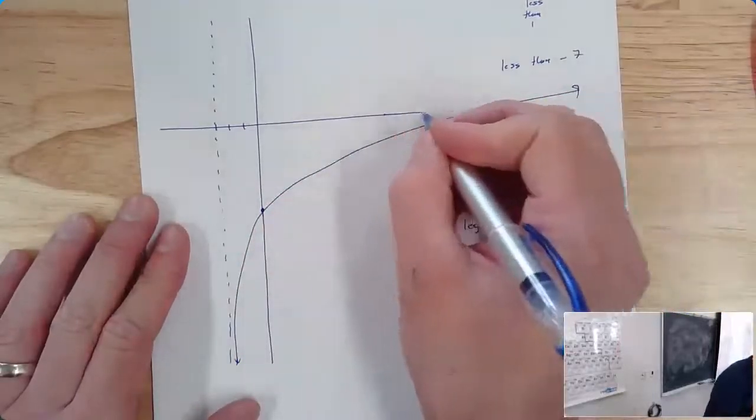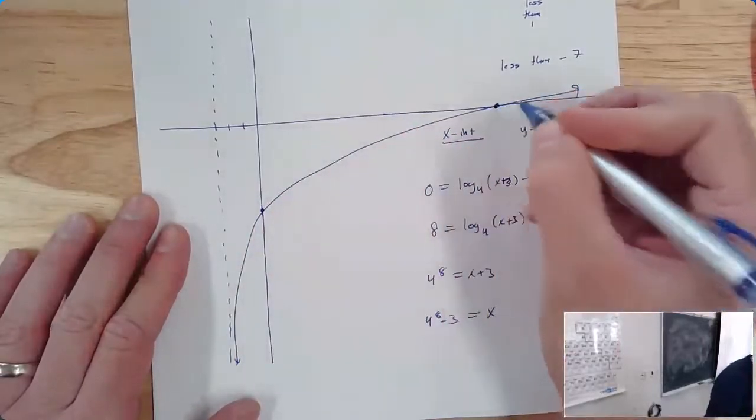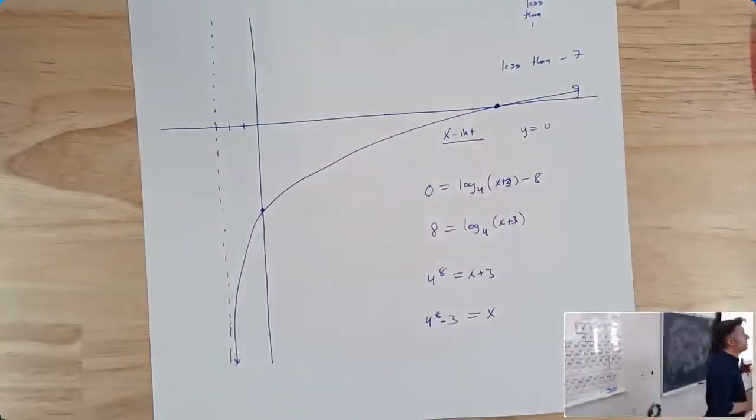wide, right? But it's still a logarithmic graph, right? It's still got the usual shape. So even if you had something stupid like this, the idea is still find the y-intercept, find the x-intercept if there is one, find the vertical asymptote, and then draw the usual kind of shape, even if someone picks dumb numbers because they forgot thinking. All right,